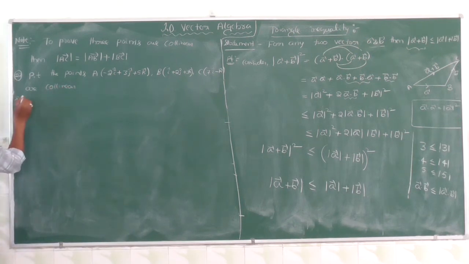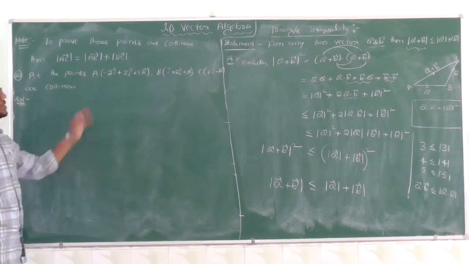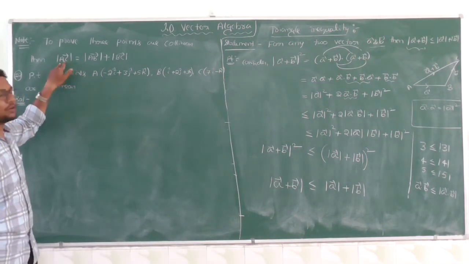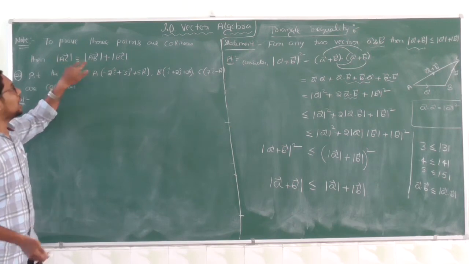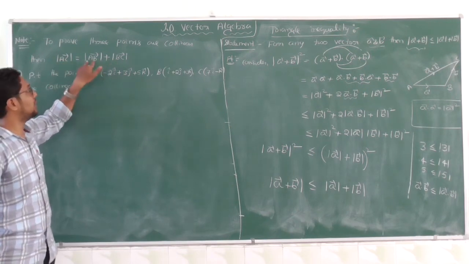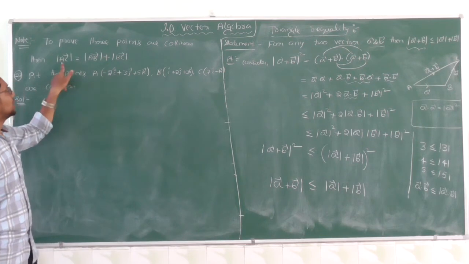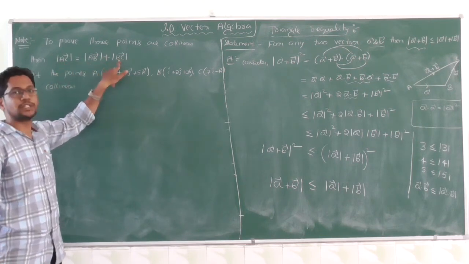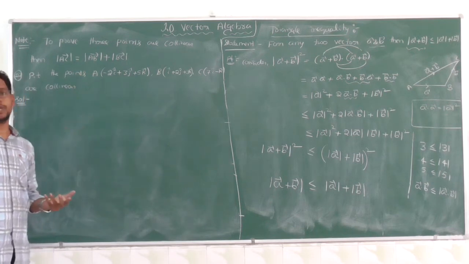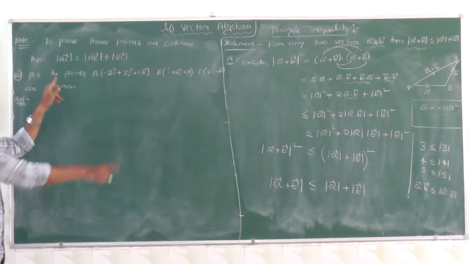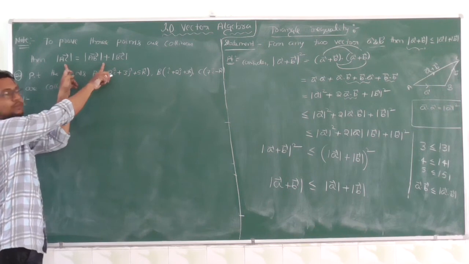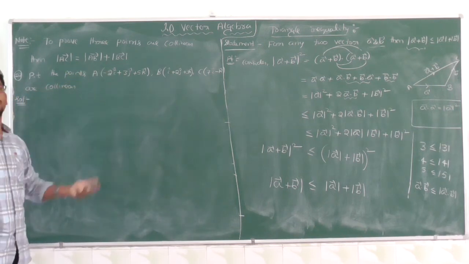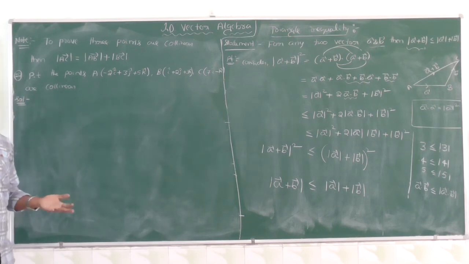Okay, let us prove this. Let us prove these 3 points are collinear points. Here it is a condition. First, what we have to find? AB vector and BC vector. Here we have to find AC vector, AB vector, and BC vector, along with their magnitudes. After that, we have to verify this one. If it is equal, then we can say that the points are collinear. Otherwise, the points are not collinear.